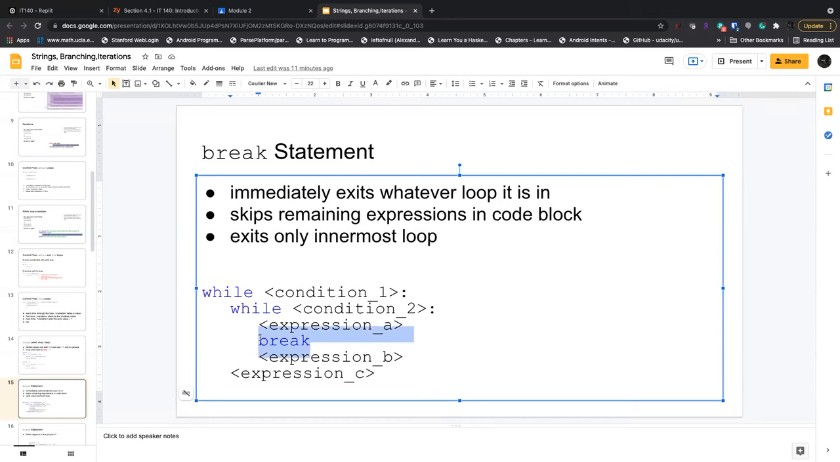So once you see break, it will immediately get out of the loop, okay? And it will get out of the inner loop if there is a double loop. So the concept of a nested loop is very natural when you're dealing with, for example, a two-dimensional matrix. You're iterating rows, so for each row, like in a 5 by 5 matrix, you are iterating